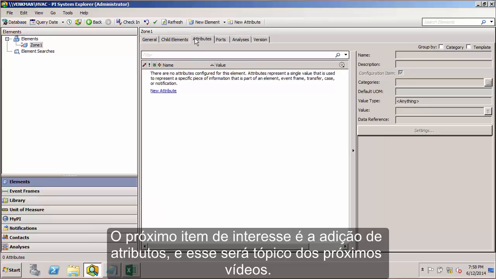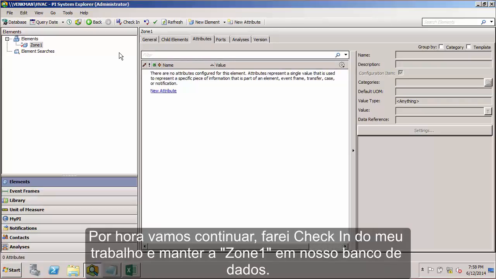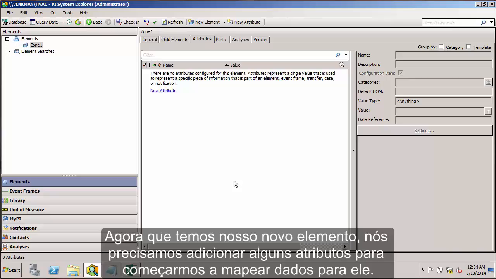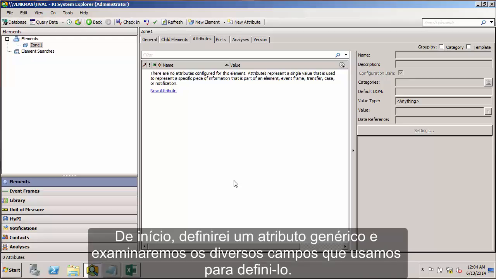The next thing we'd be interested in is adding attributes, and that's where the next few videos will be going. For now, I'm going to go ahead and check in my work, and we'll keep Zone 1 in our database. Now that we have our new element, we need to add some attributes so that we can start mapping data to this element. To start with, I'll define a generic attribute and discuss the various fields that we use to